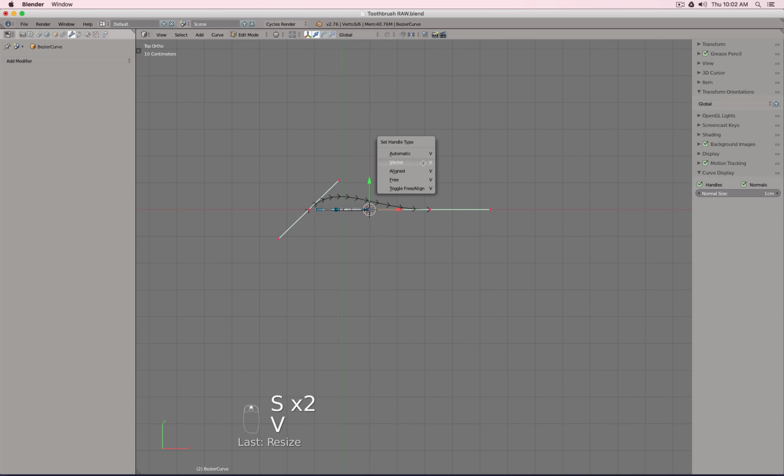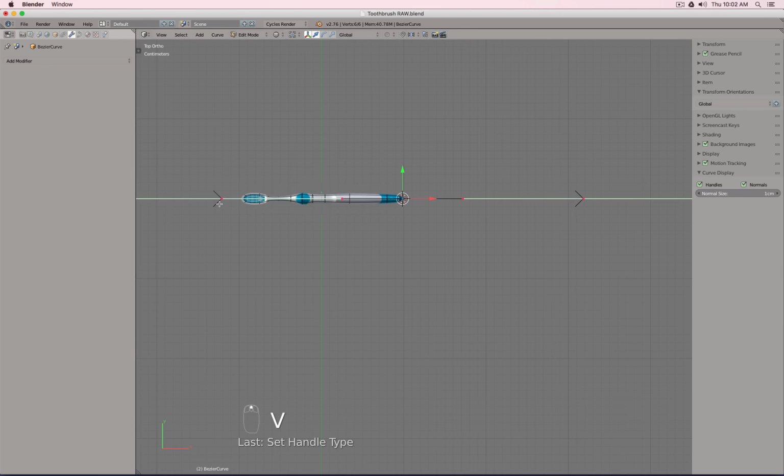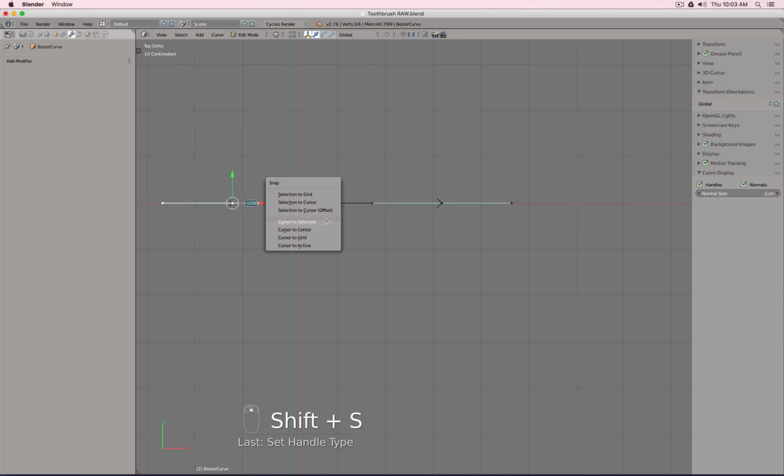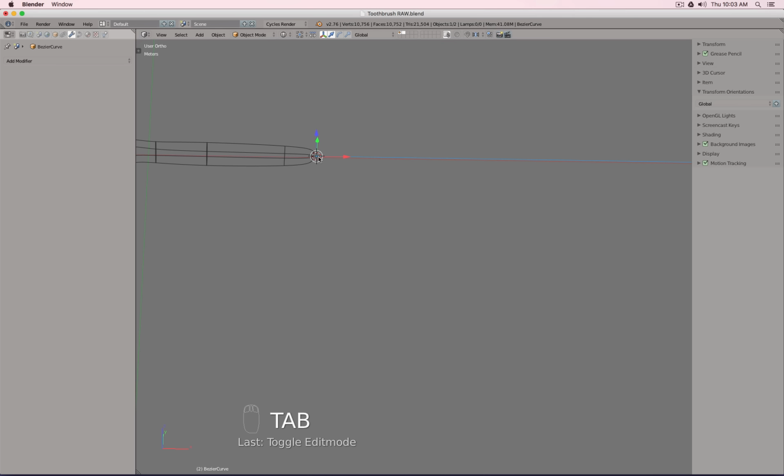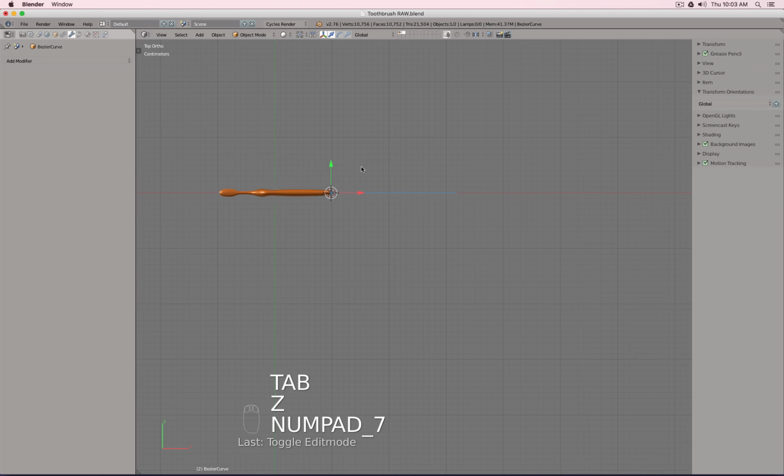With V, set everything to a vector. At this point, I will say Shift S, selection to cursor. So the cursor is actually where the object center point is, and I move that last spline point to there. I can turn the handles off for the moment. So what's this one useful for? Well, if I,